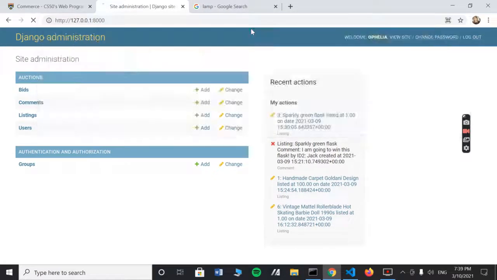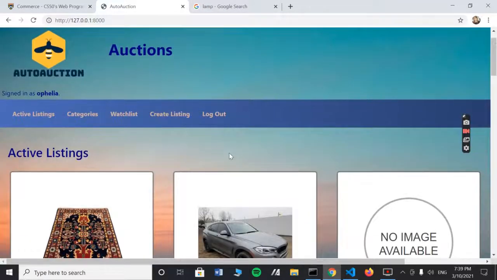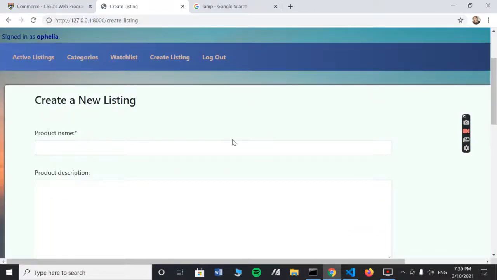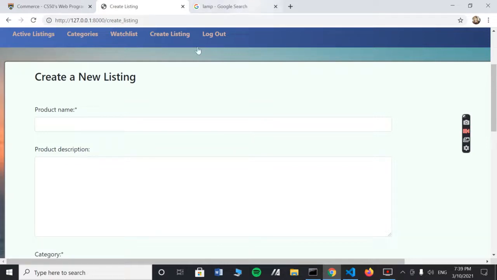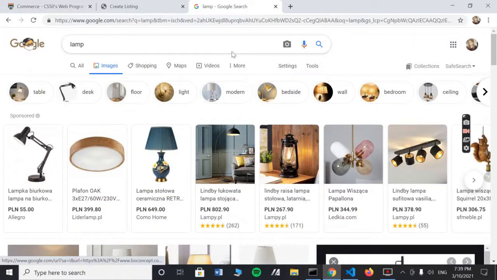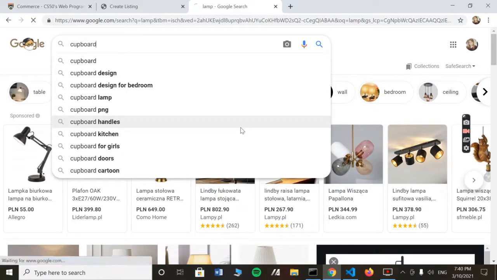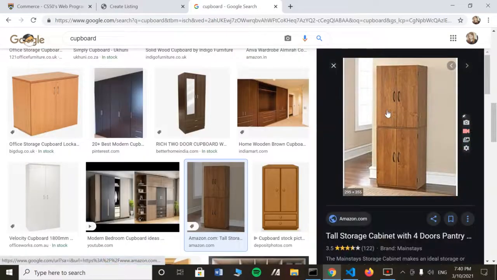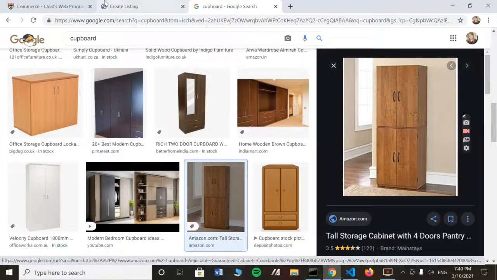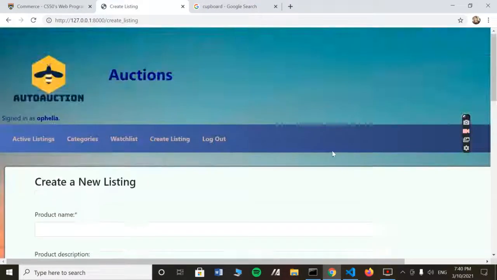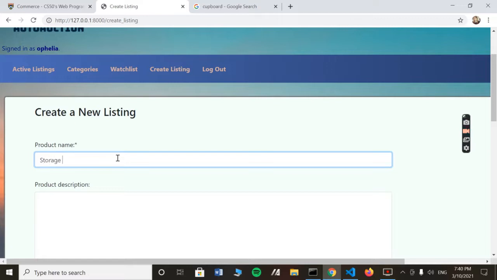For the second part of the specification, we had to create a page called Create Listing where I can create a new listing for a product that I want people to bid on. So say that I want people to bid on a cupboard. Get the image address of this cupboard, type in image URL, storage cupboard,